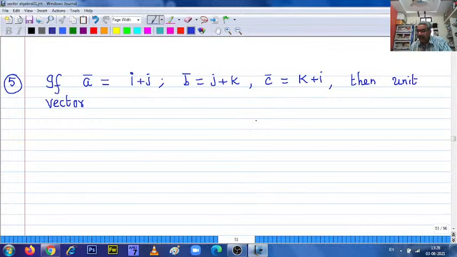So are you there? Right. Unit vector along a bar minus 2b bar plus 3c bar is